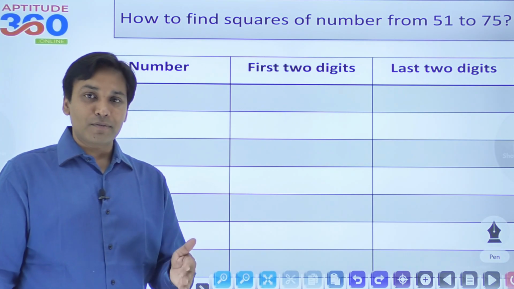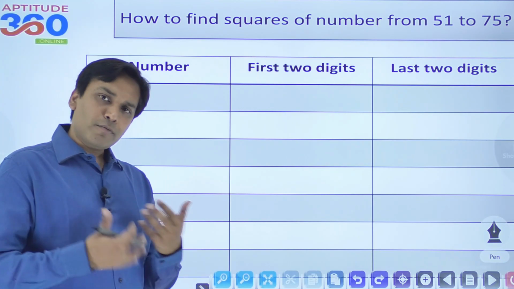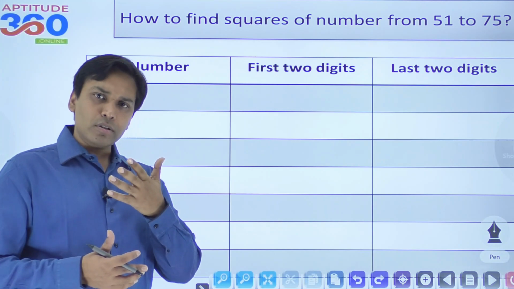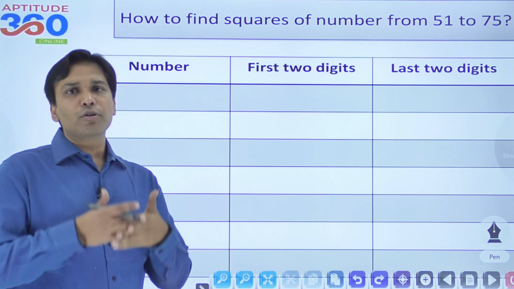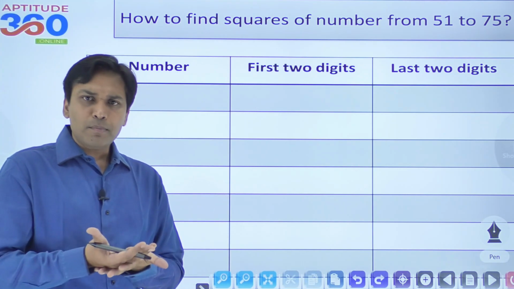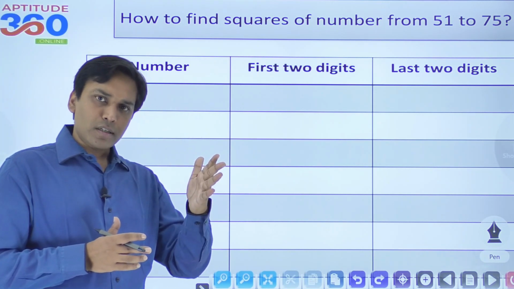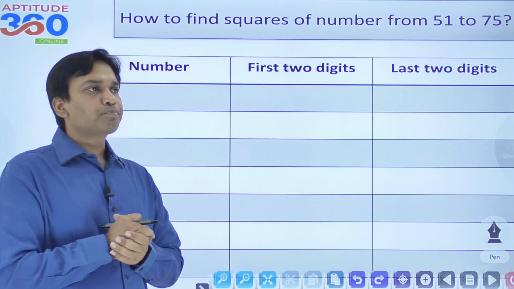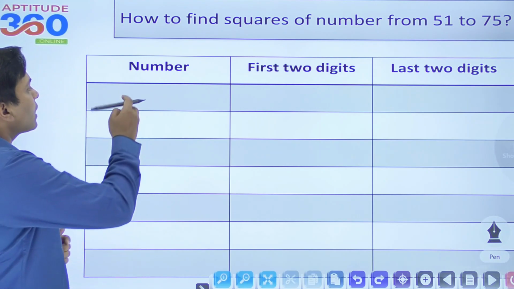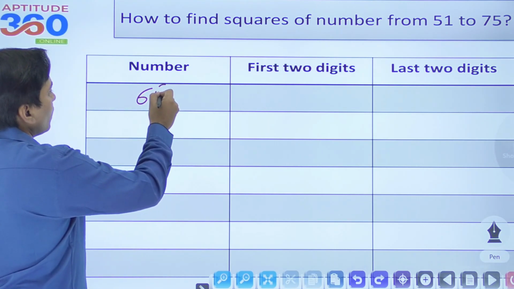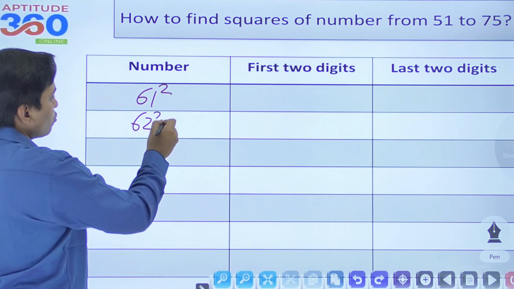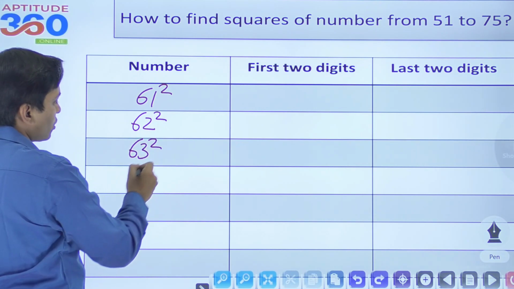I don't know what you have done before, but if you have to multiply, or you need to find out the last two digits, or the first two digits, or the entire number, I say that's simple. It's just that you have to have a focus. What do you have to do? If I ask you to find out 61 square, 62 square, 63 square,